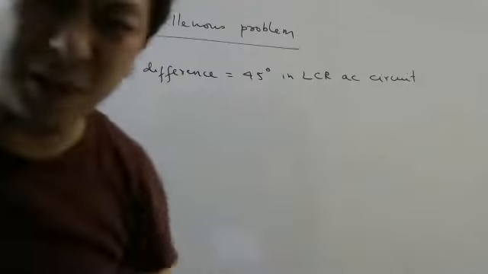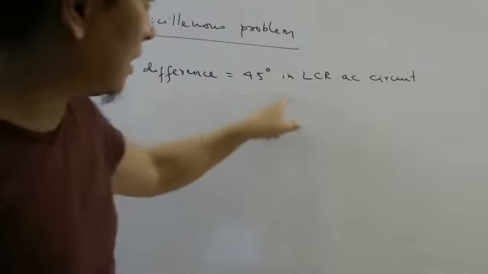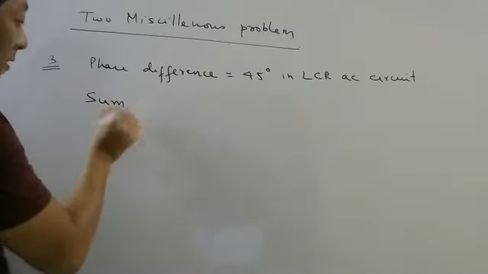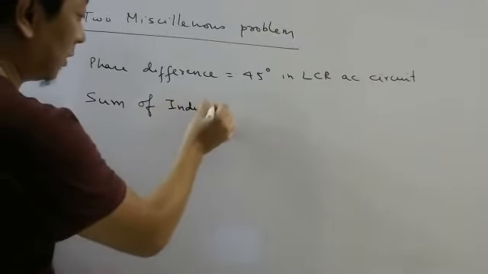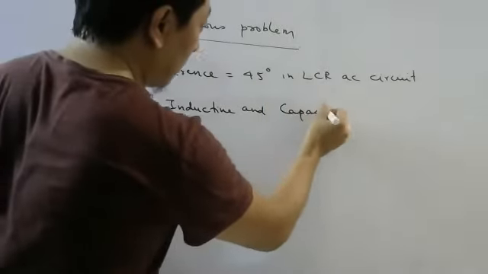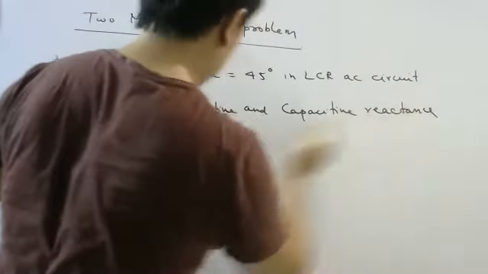Question you will find in NEET also. So phase difference is given 45 degree in LCR AC circuit. Then they are saying the sum of inductive and capacitive reactance